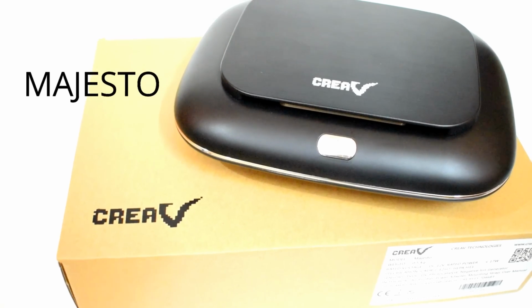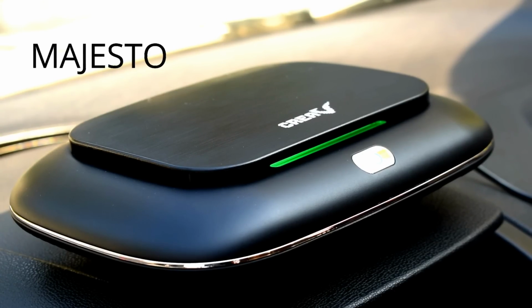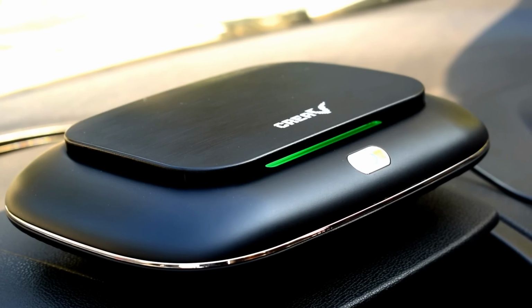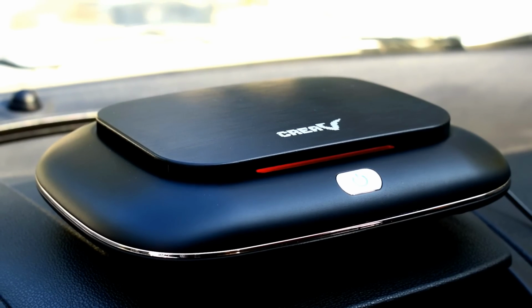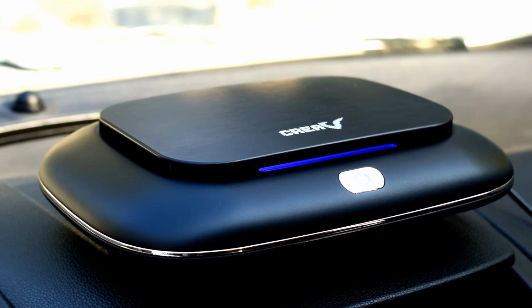The first air purifier is Majesto. This air purifier is equipped with a 6-stage filtration process including a UV lamp and anion generator. It removes up to 99% of harmful particles. It has an integrated air quality sensor that can detect the current air quality, which can be shown by the